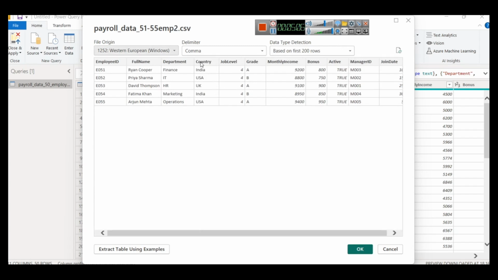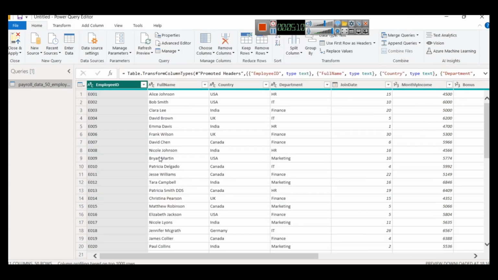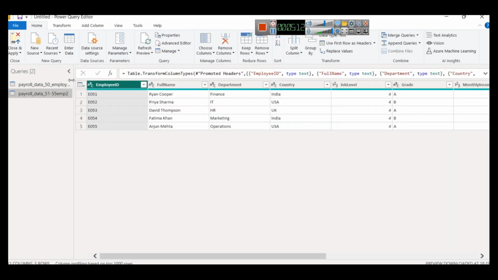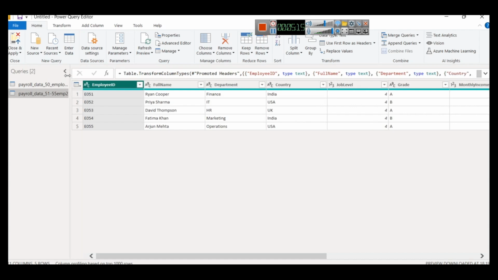So now we also have the country name. So we will now simply click OK. So now we have these two tables. So in Power Query Editor, when you have to connect two tables, like we saw how we can create a